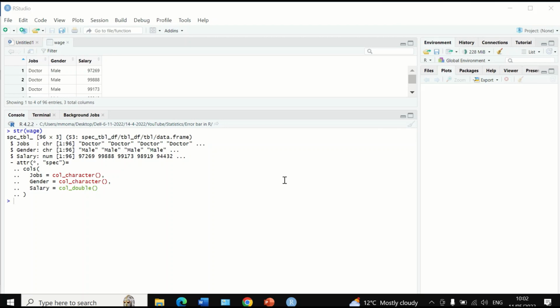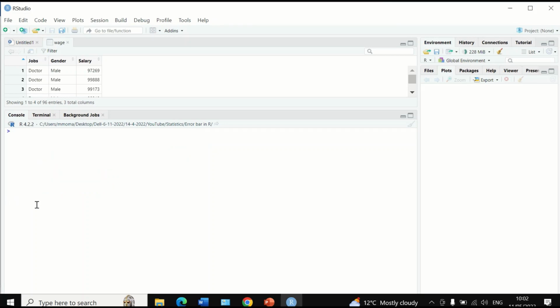So we're going to generate a new object and call it wage summary. Let's clear this section first. Type wage_summary and then the assignment operator, and we're going to use the data from the wage